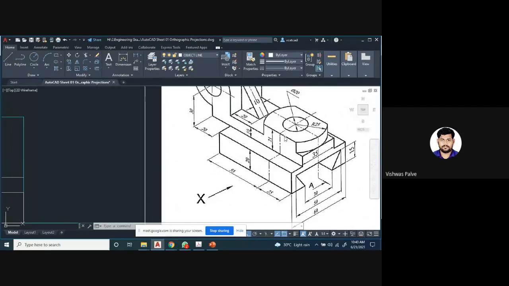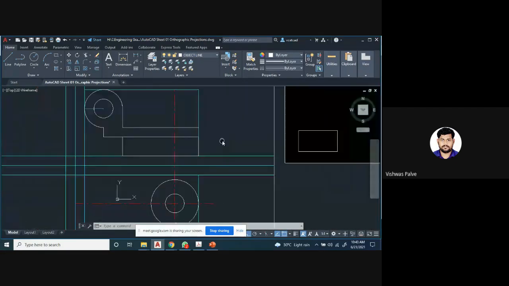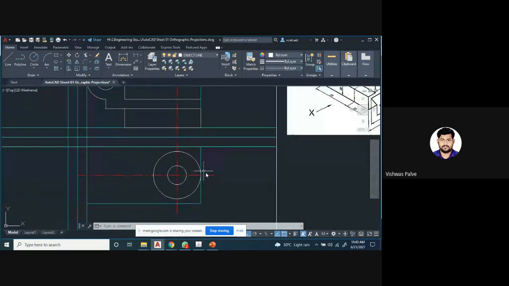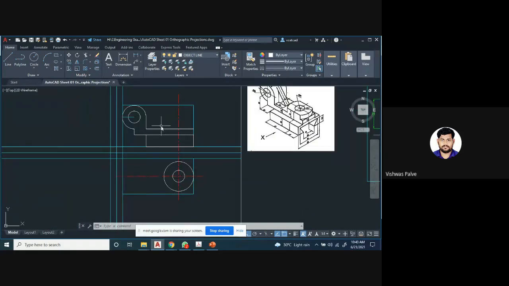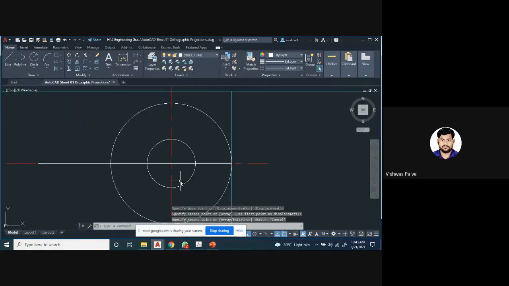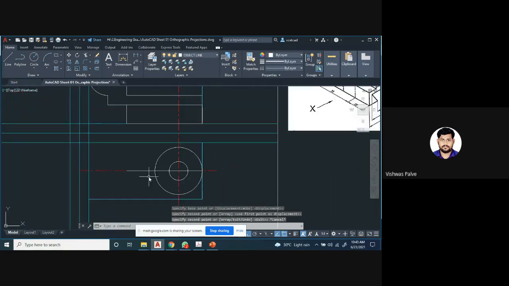But now you can see that it has to be cut, right? It is not a complete circle. So how much is that distance? 35 millimeter, right? So that distance is 35 millimeter. Now how to draw that 35 millimeter? For drawing it, what I'll do, I'll copy this line, CO, enter, copy it from here. Okay, I'll paste it here. Yes, so I have pasted it here.